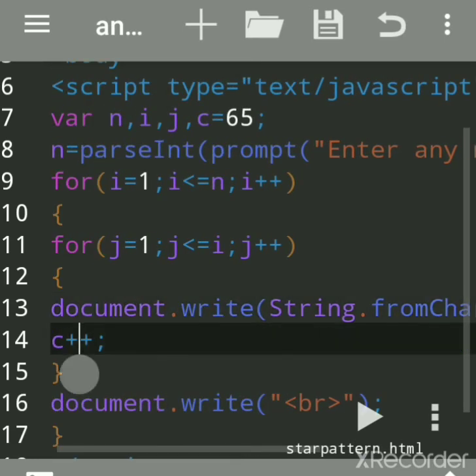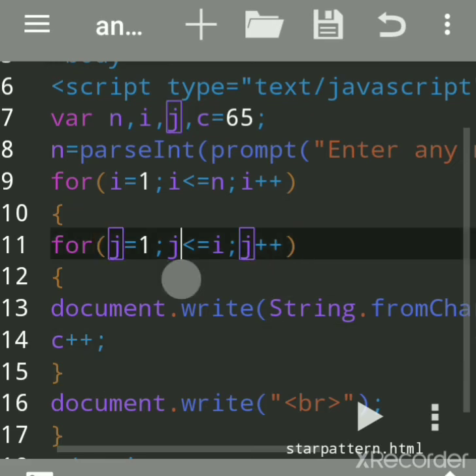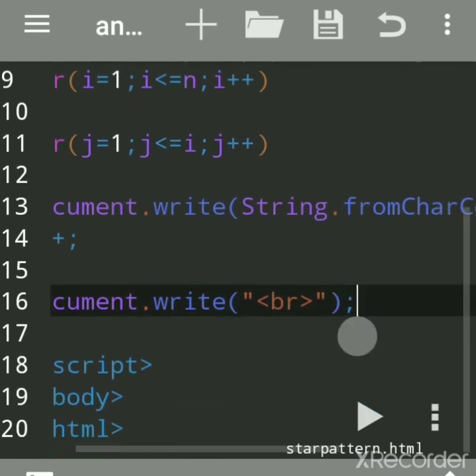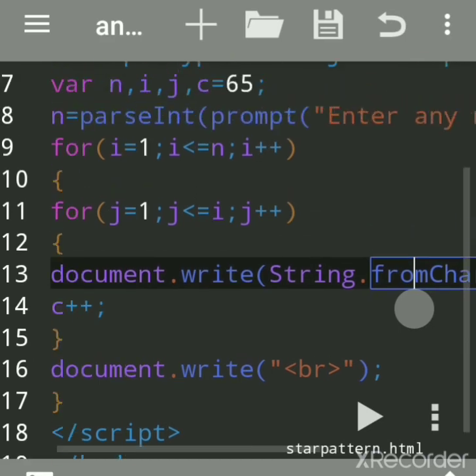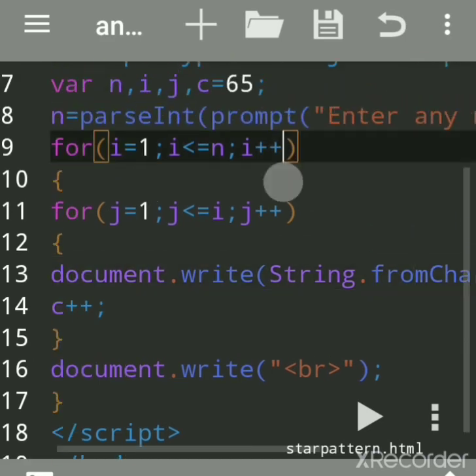Then this will become 68. Then J will become 3. 3 is less than or equal to 2, no. Then it will come out. BR means new line. Twice it has executed, and on the second line it has printed B and C. Then I became 3.